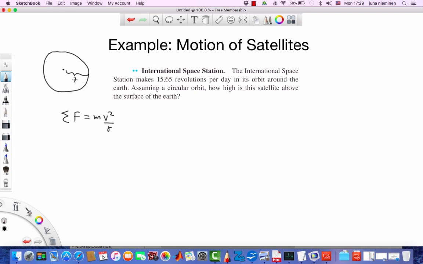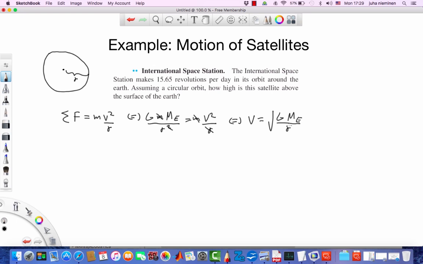In terms of gravity, we have G times the mass of the space station times the mass of the Earth divided by r squared, equals m times v squared over r. Some of the r's cancel, the masses cancel, and we can solve for the velocity to be just